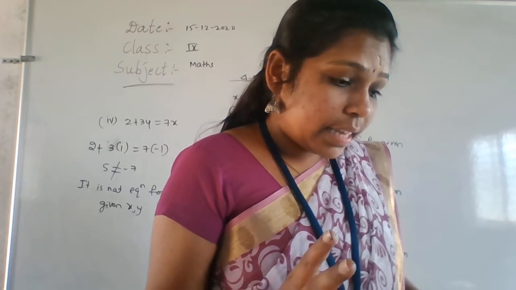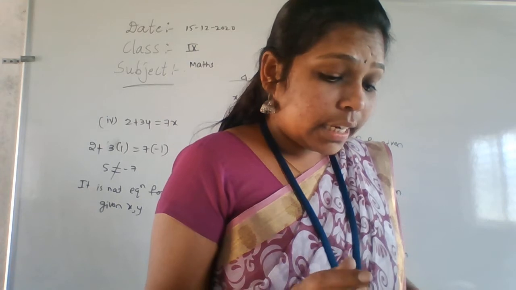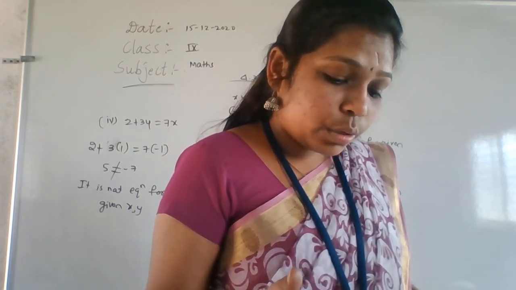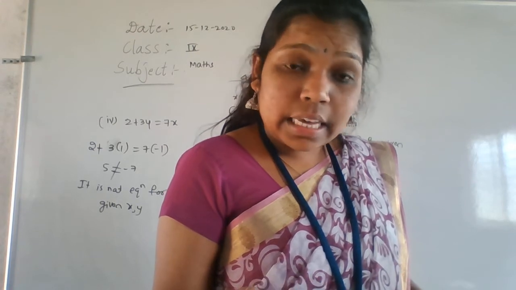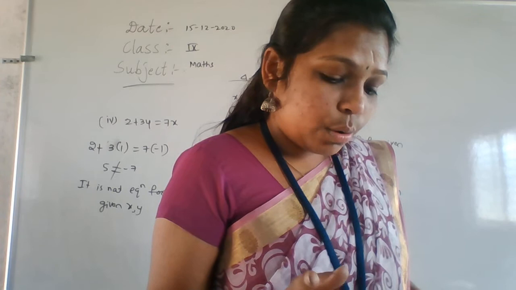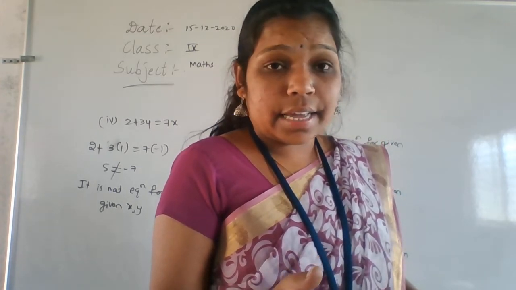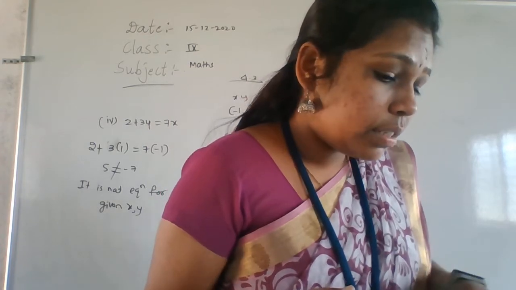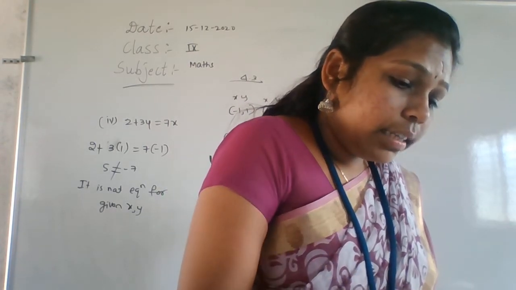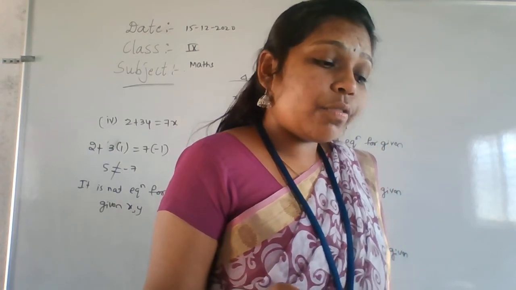Then it's given that the work done by the body is directly proportional to the distance travelled by the body. That is nothing but, according to the equation, y is directly proportional to x. That is nothing but y is equal to 5x, because a constant of proportionality is there, which is a constant force of 5 units.